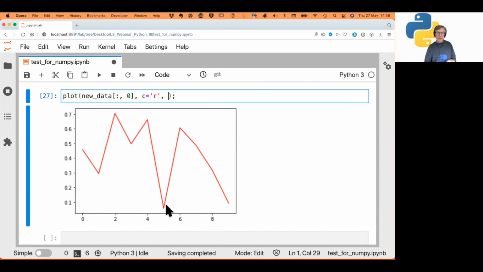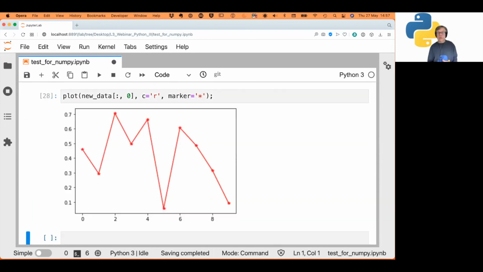If you think, well, actually the values that I had, my data points, so to speak, 0, 1, 2, 3, with the index here from 0 to 9, all values between 0 and 1. You remember we took them from between 0 and 1. And you have some that are below 0.1 and one that is about 0.7 randomly. If you want to see those points, maybe you want to not see the lines, but the actual points, you can specify the marker, which is by default nothing, but you can specify something like in quotes, I don't know, an x, to have the star, like for multiplication, that multiplication sign. If you put that as a marker,